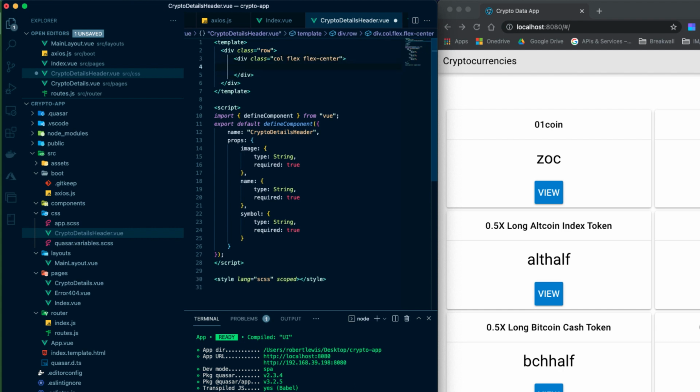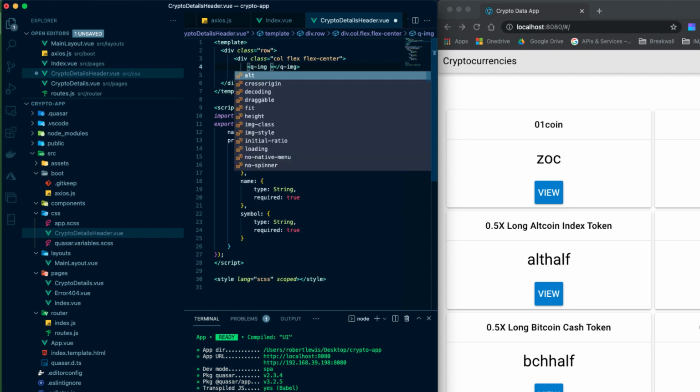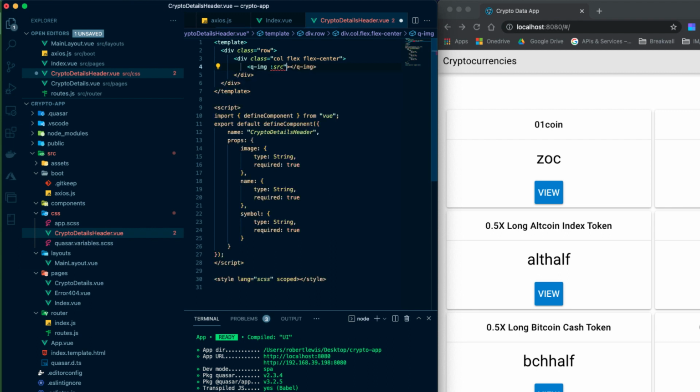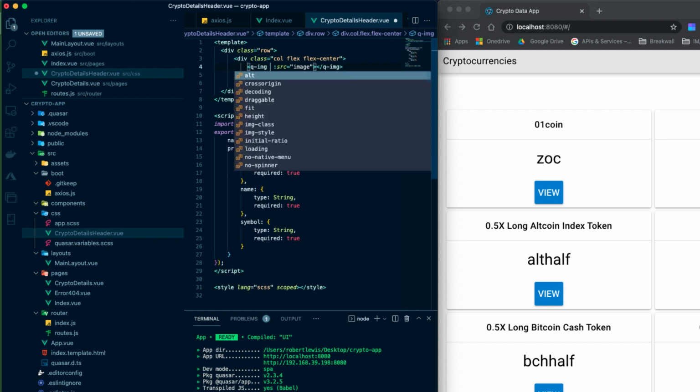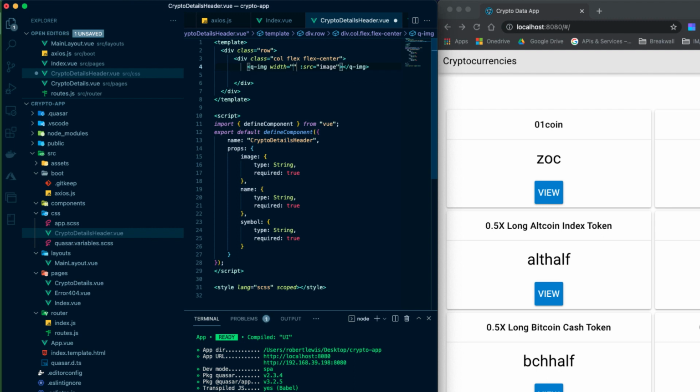Inside of this, we will make a q-img and we will bind to the source, and the source will be the image that we're passing in the props. And then we'll give this a width of 50 pixels because we don't want it to take up a bunch of the screen. And then we'll do a span, and we'll give this span a class of text-h3